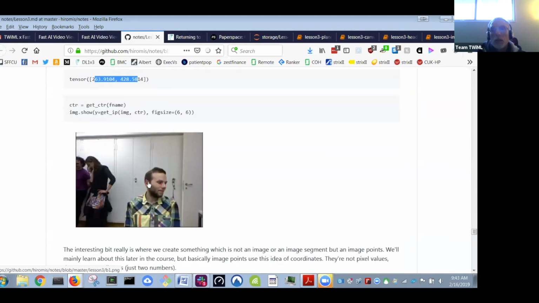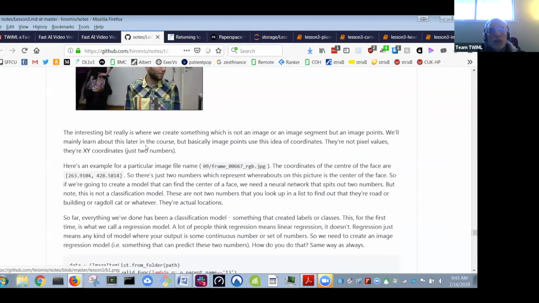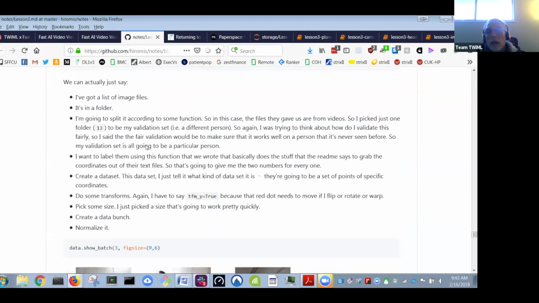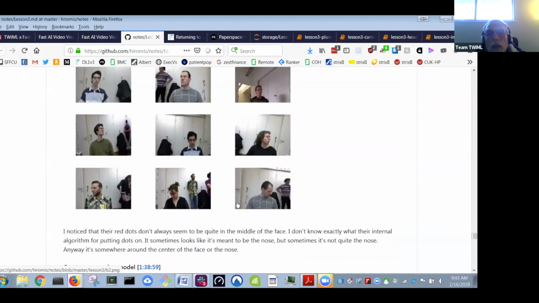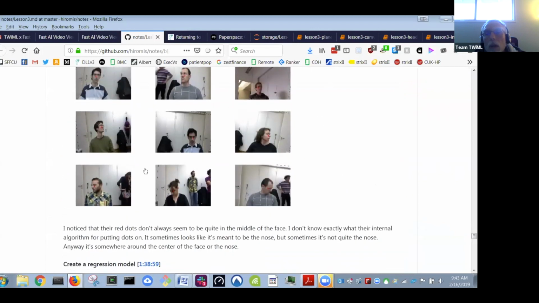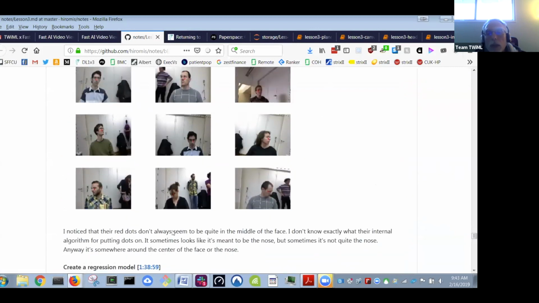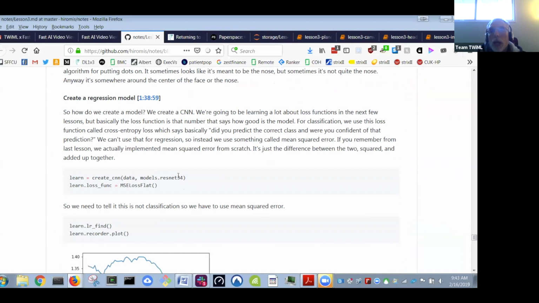So he starts applying it. He shows you what that looks like for the first image, and then he shows a batch of the images. Hiromi points out that the red dots don't always seem to be in the middle. So they've got some kind of an algorithm to calculate the centroid of the face, and we don't really know what it is. But okay, so then you create your model